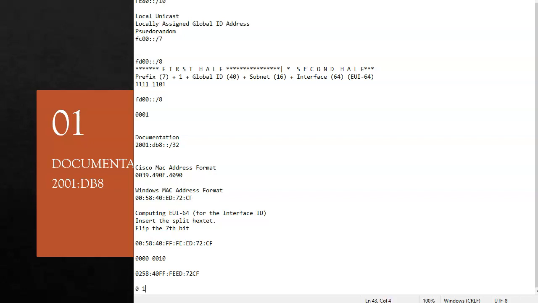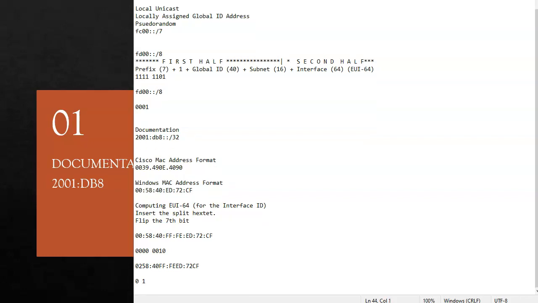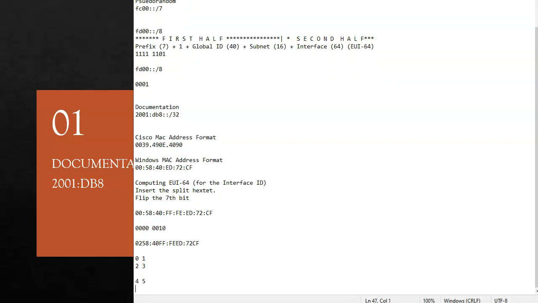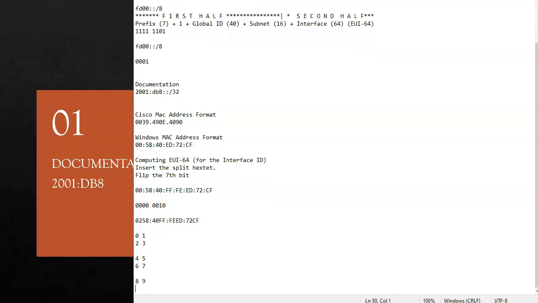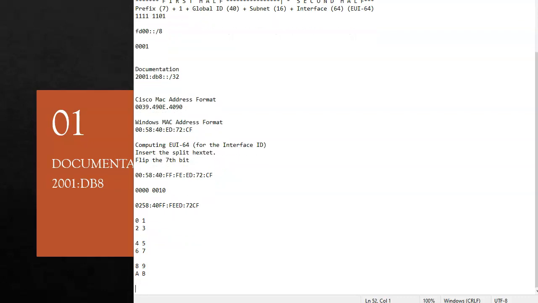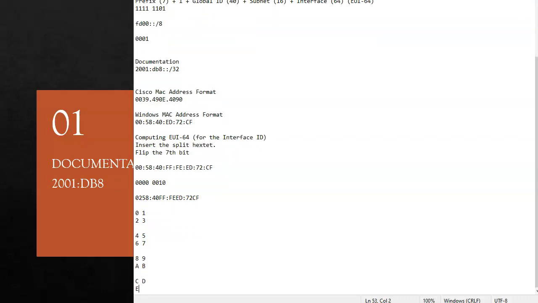So I'm going to go ahead and write out, okay. So this is just a quick way. I wrote out my hex values. Now, I'm going to use this other MAC address right here.